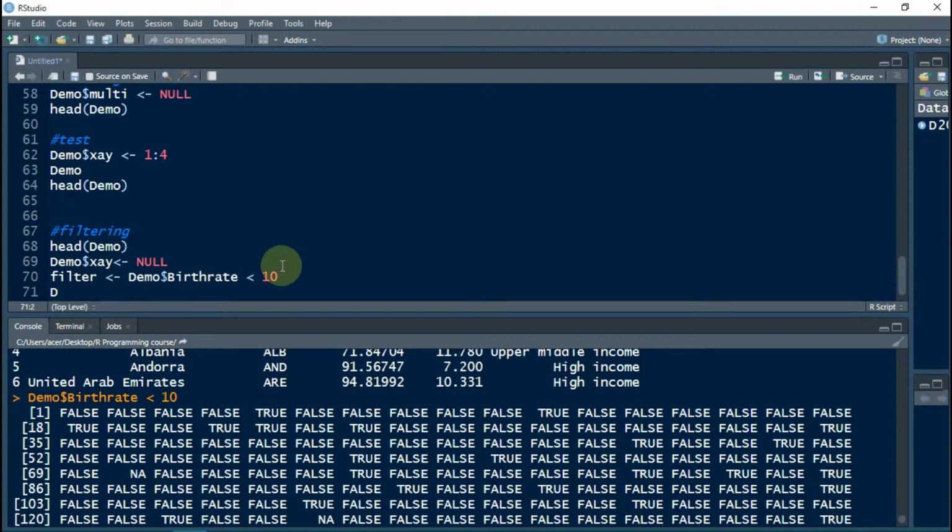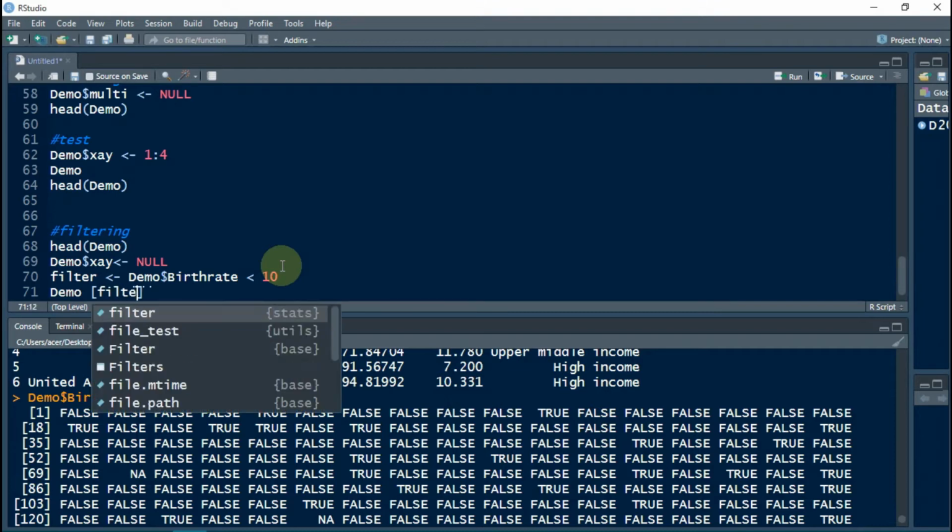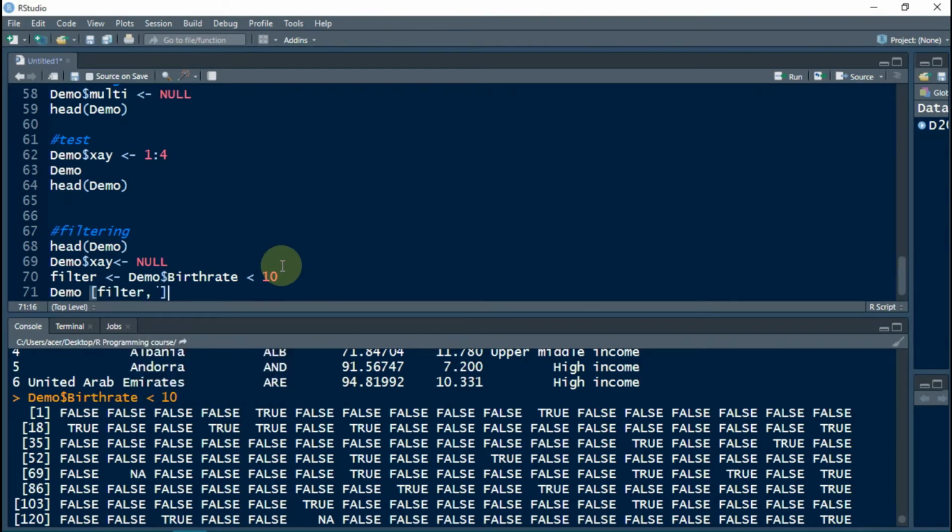So now what we will do is, we wrote this code demo, and in square brackets we wrote filter, comma, nothing.